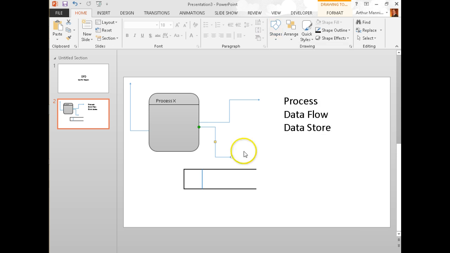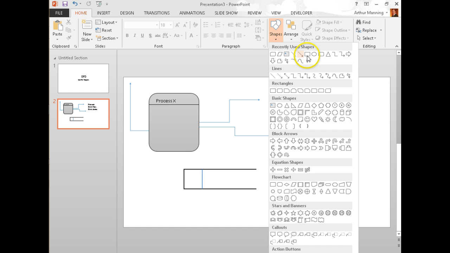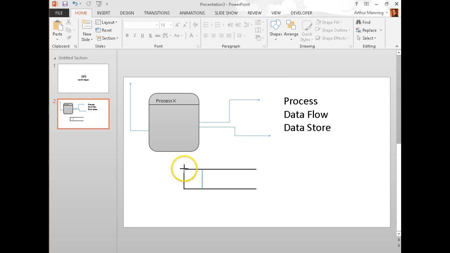Oh, once you hover over it, it should show a little black dot. It's not working for my data store. Look at that, I guess it only shows a little dot at the very end of that line. Well, here's what I can do. I can draw an invisible box around it. I'll draw a regular rectangle exactly matching,